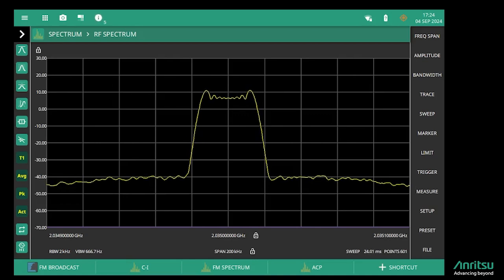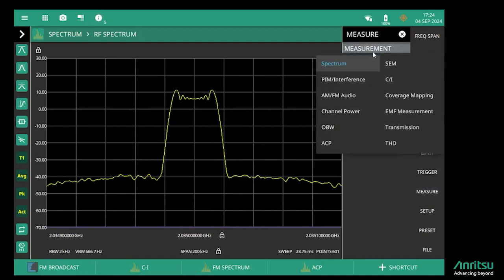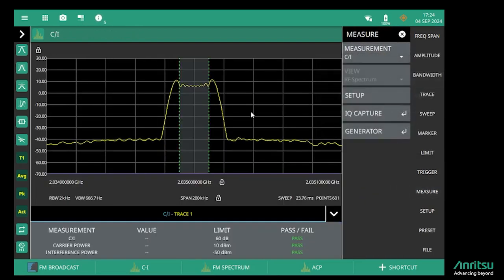Carrier to interference is defined as the ratio of the power in the wanted signal to the power in any interfering signals or noise. So to make that measurement, I need to go into the Measure menu and select Carrier to Interference. The spectrum here is showing us the simulated satellite downlink,